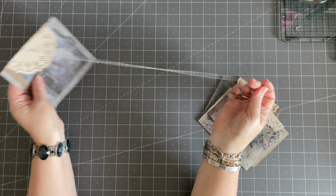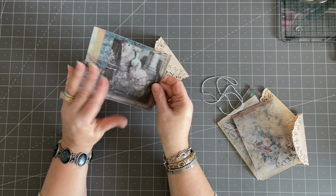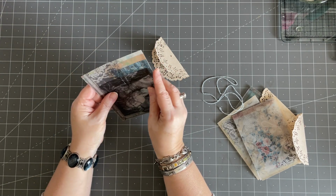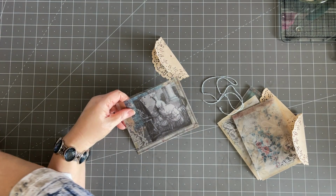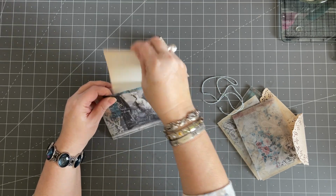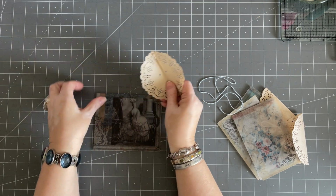And what she did was she took a piece of vellum, cut it, glued it. You can glue, stitch, use a staple, whatever, and you have a pocket to put goodies in. You can put anything you want in here. A little card, a little note, fill it full of ephemera. I just glued mine. Then you take a doily, you fold it in half because this is going to close